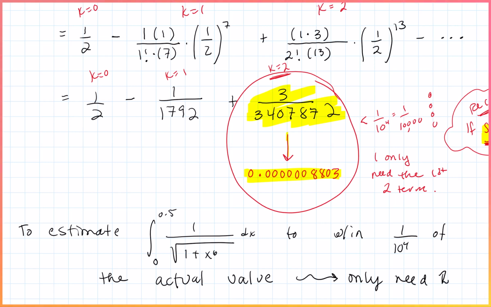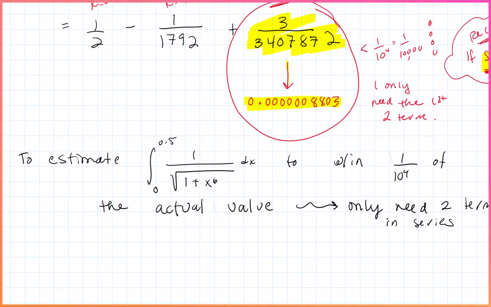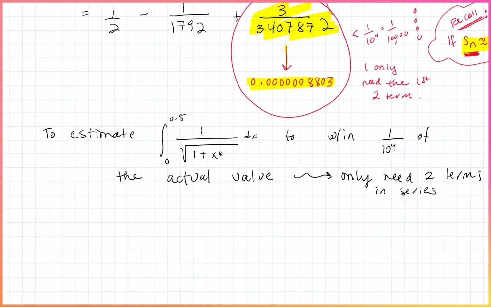We only need 2 terms in the series expansion, because the third term is less than my error. And so using that, we can say that the integral from 0 to 0.5 of 1 over the square root of 1 plus x to the 6th dx is approximately equal to 1/2 minus 1 over 1792,